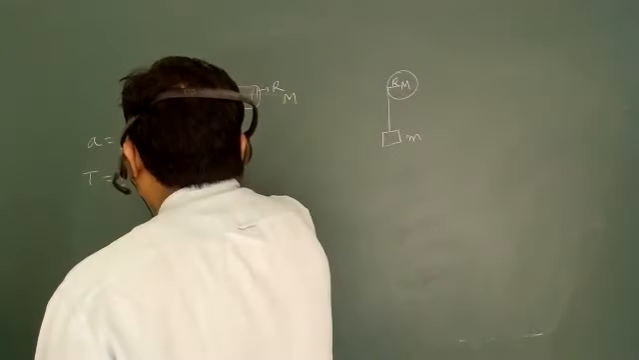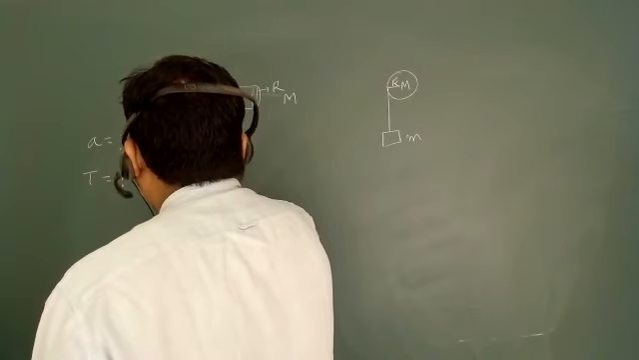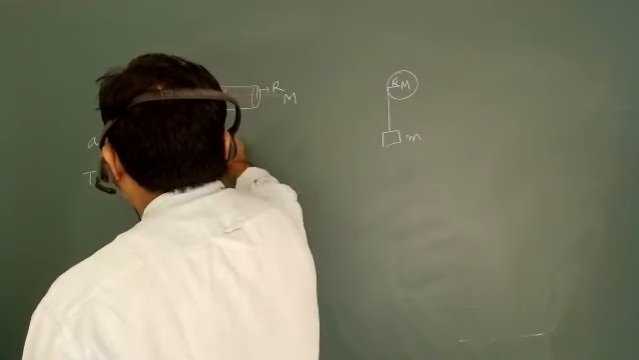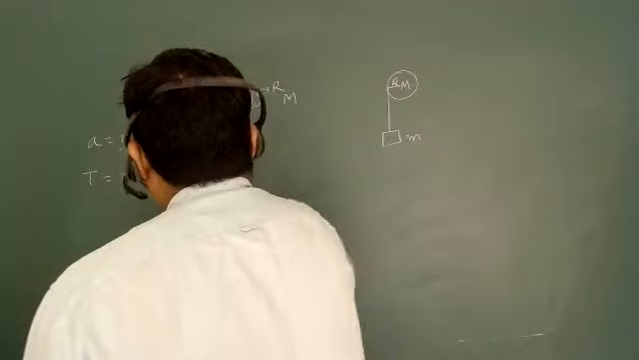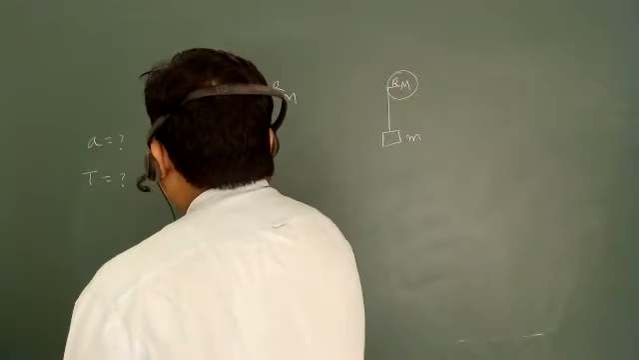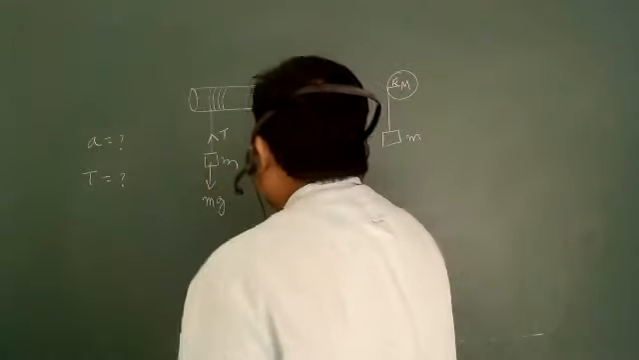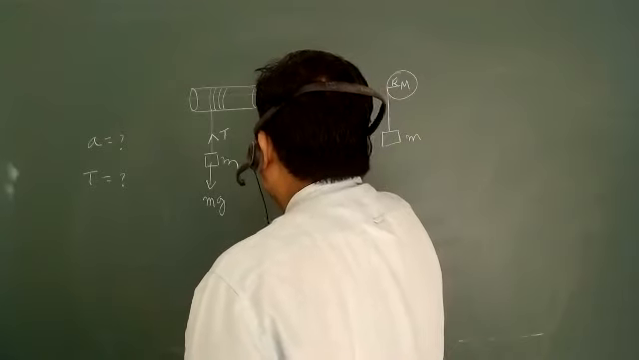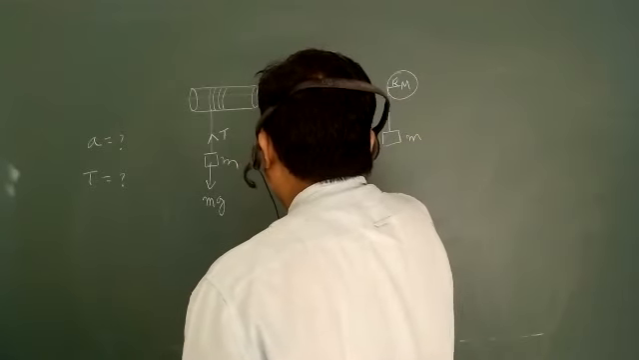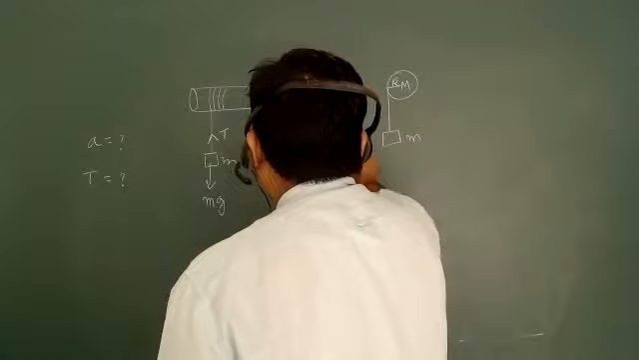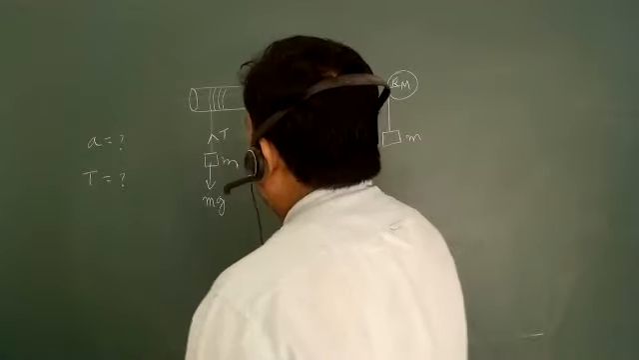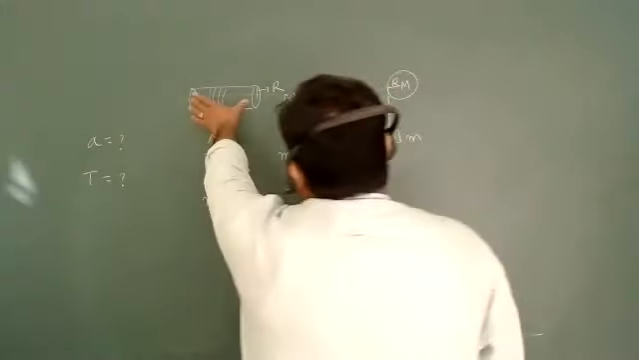So obviously there are only two forces. This is mg and this force is tension. So this is for your small mass, and we can write mg minus tension is equal to ma. And let us go for this particular